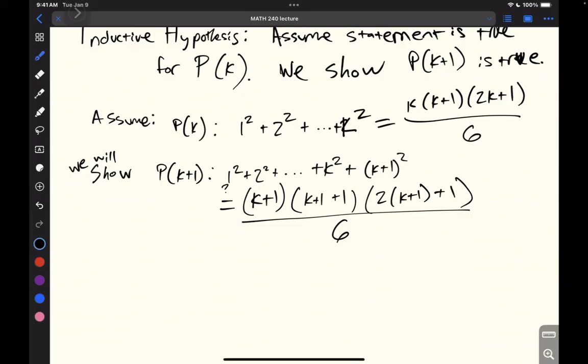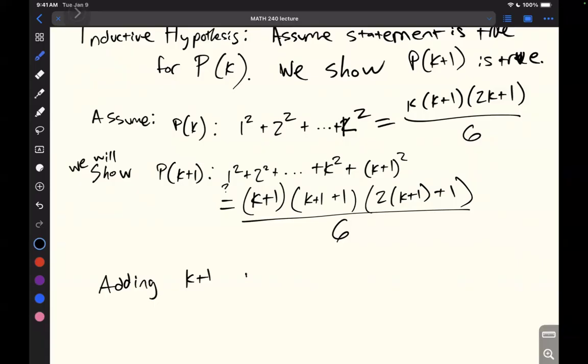So we'll start with P of K. The technique for induction is you start with the equation in terms of K, and you say, okay, I want to get to a K plus 1 on both sides. And so we do that. So we've got an equation here. So we say